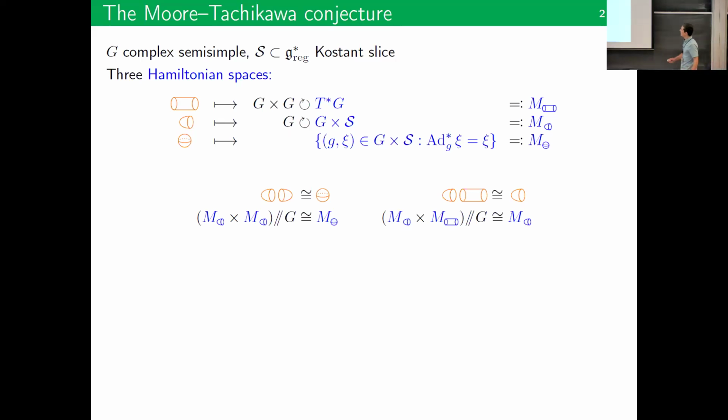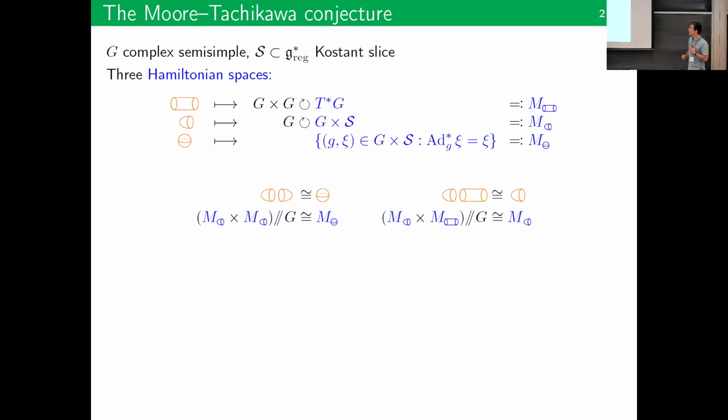And correspondingly, if you take the Hamiltonian space associated with the cap, and you take 2 of them here, both of them have a G action, so you can consider the diagonal G action on them and take symplectic reduction. That's an operation that you can do. This gives you a new symplectic manifold, and it turns out to be the one associated with the sphere, so